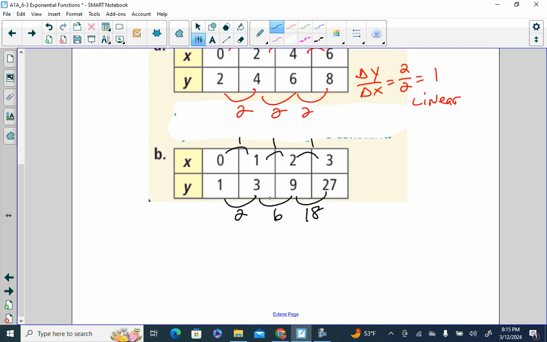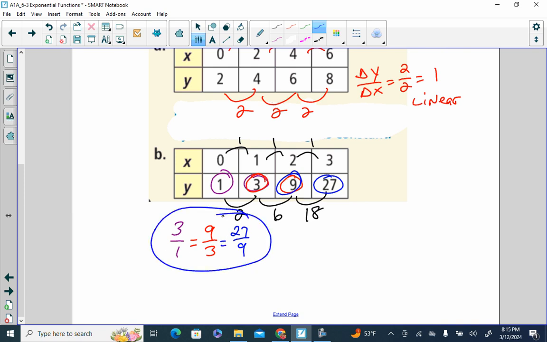Once again, we look at the ratios of consecutive y values. So I go from 1 to 3, 3 over 1. 3 over 1 is the same as 9 over 3. They're equivalent. 9 over 3 is the same as 27 over 9. They're all equivalent to 3 over 1. All three of these ratios are equivalent to 3. So when we have the ratio of consecutive y values forming equivalent ratios, that's how we would recognize an exponential